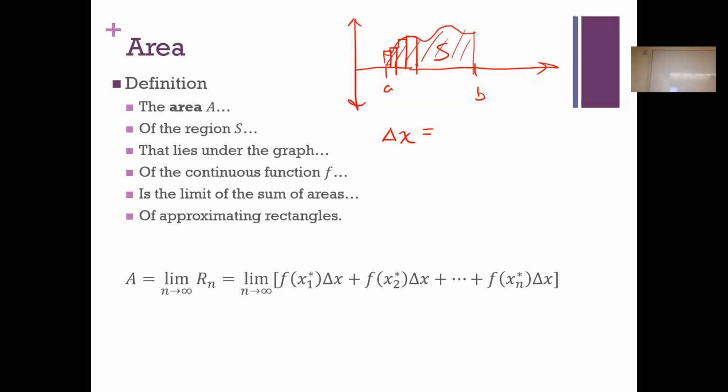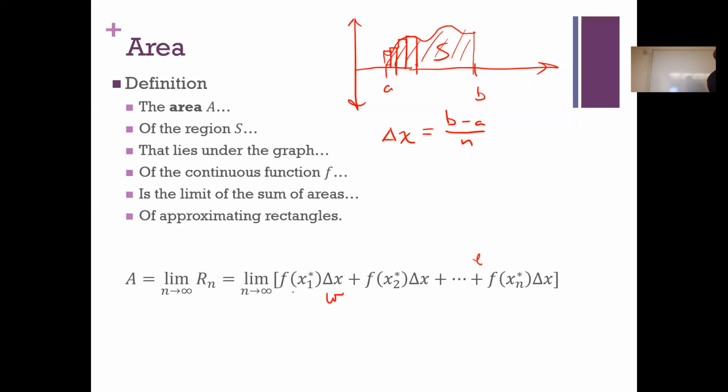What things would actually have numbers if I was being specific? A and B, right? So how would I find the width based on A and B? B minus A, right? So the full width is B minus A. And how many times am I subdividing that B minus A? N times, right? So that we're going to try to hold constant. We're going to try to keep all of the widths equal. So delta x is really